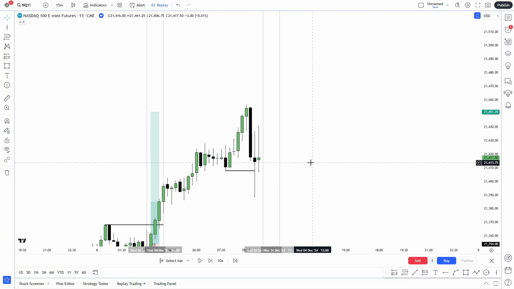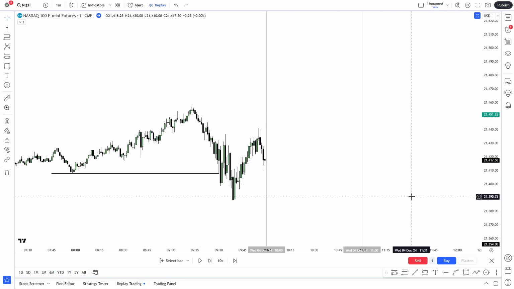So now let's go down into a 1 minute time frame and see if price wants to suggest to us that it wants to move higher. Okay, now on a 1 minute time frame, we can see this low being traded below. Now let's see if we get displacement and a fair value gap, playing price out.